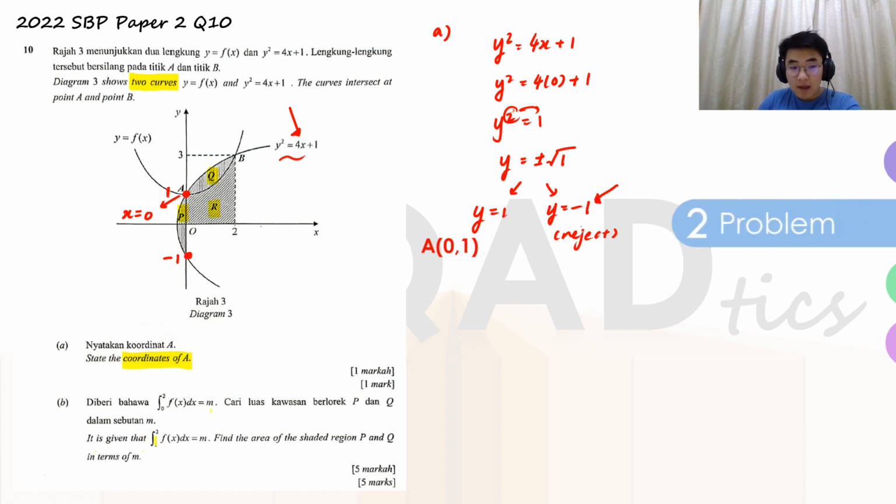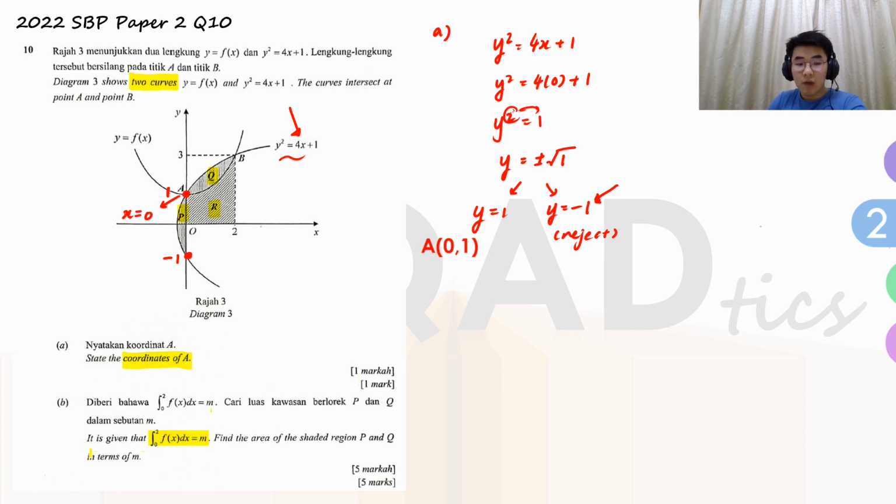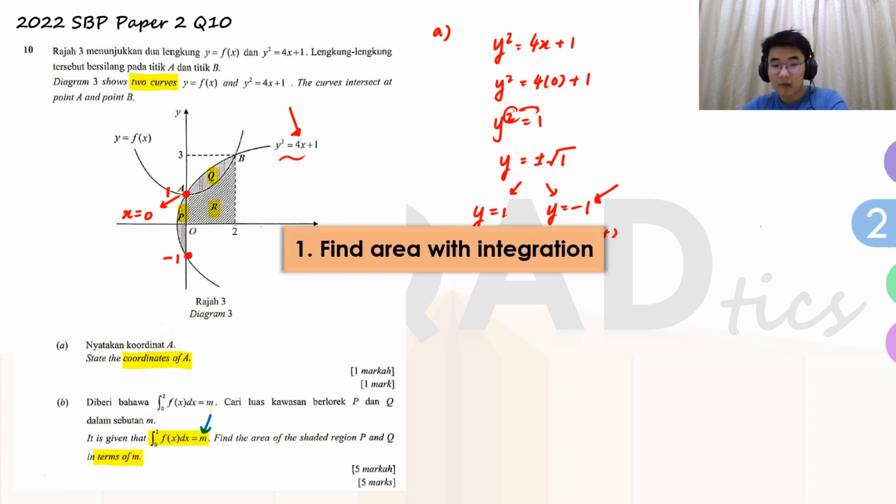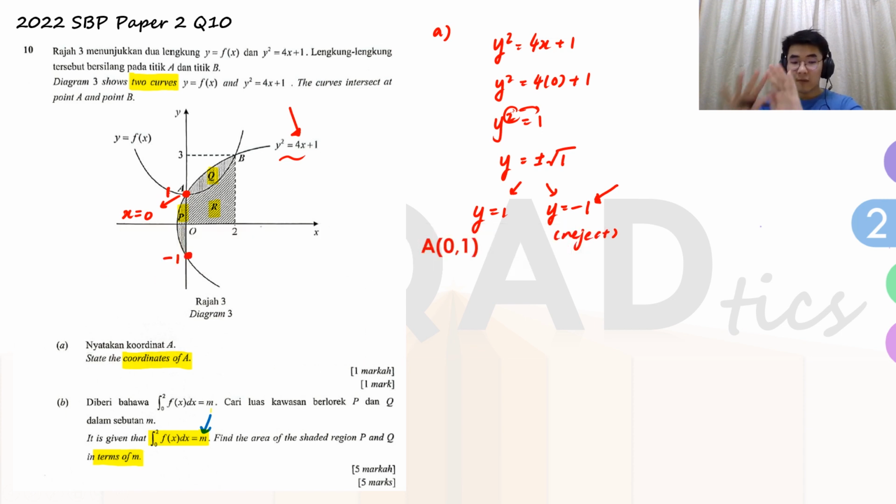And for part B, they give us this equation and tell us to find the area of the shaded regions P and Q in terms of m. So our answer must have m, and it comes from here. This is the first aim of this video, which is to learn how to use integration to find the area. We can split this question into two parts: